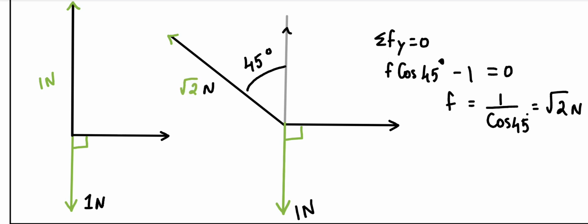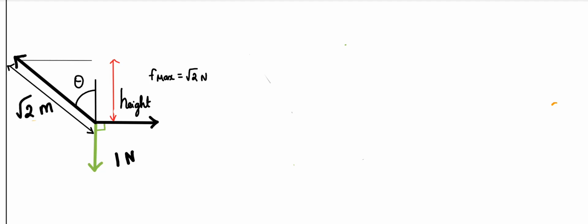So you can see, as I increase the tilt, the F value increases. The F value is least only when it is oriented along theta is equal to 0 degrees. With this, I would like to suggest that orientation affects the force. So here we have a problem in which more things are specified. For example, here F max is specified as root 2 Newton. We will see how to use this.